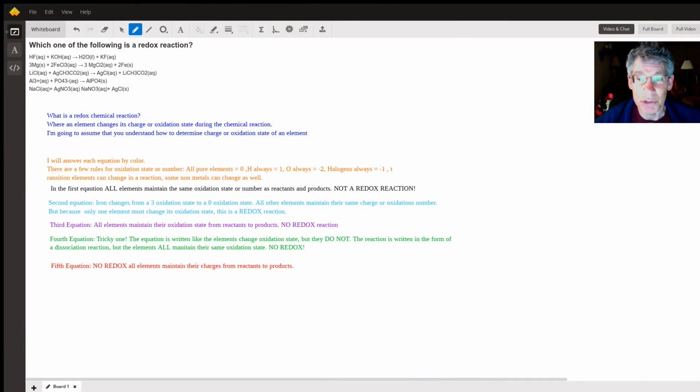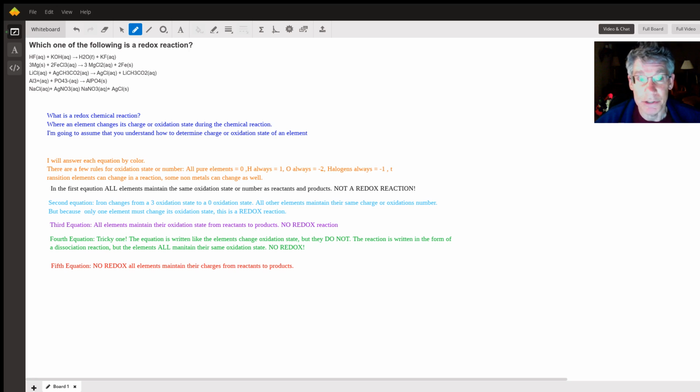This is a really, really fun chemistry question. I love redox equations. So first you have to understand, what is a redox chemical reaction? A redox chemical reaction is when an element changes its charge or oxidation state, or you could say oxidation number, during